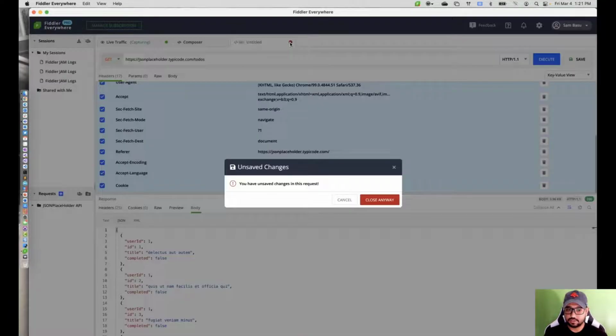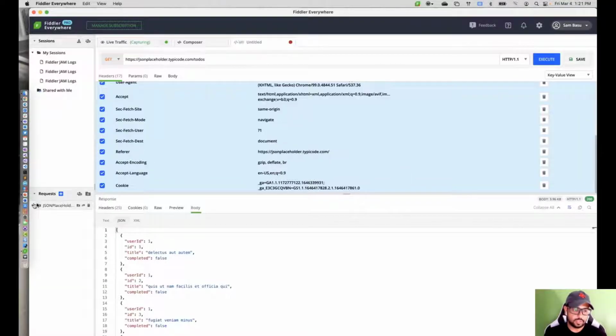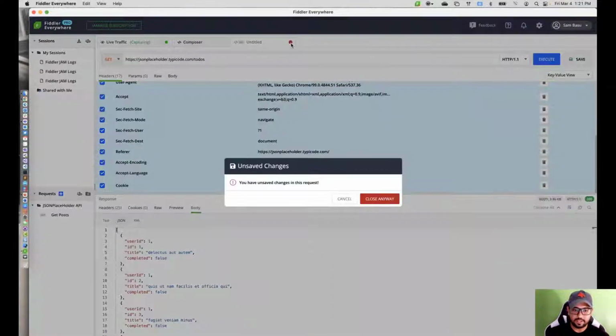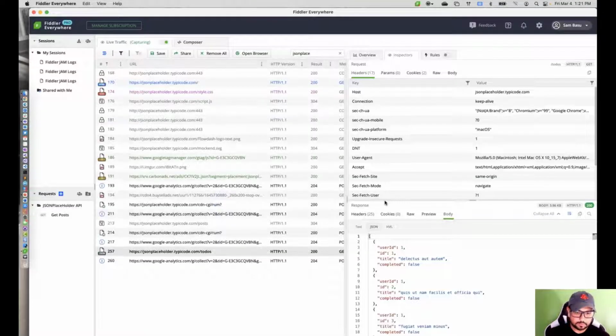So this is nice because I can actually, by the way, save this as a session, so I can go back to this right away, which is what I have here. So you can see the JSON placeholder, I have that get posts kind of pinned. Now, one other thing that Fiddler does is